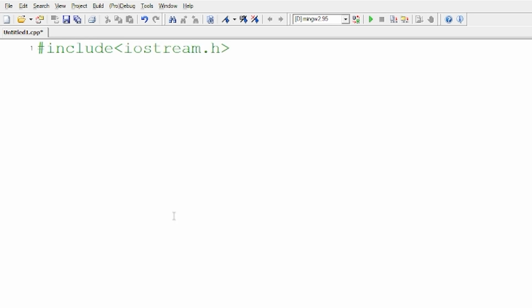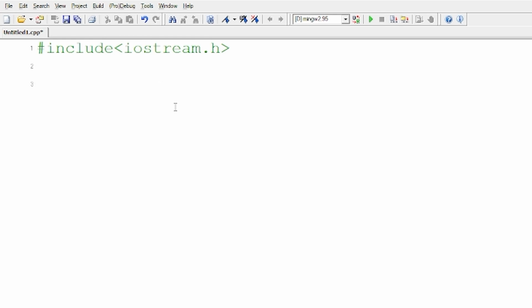iostream.h. Now, what this particular line means is that we don't say hashtag in C++. It is called a preprocessor directive. What does it mean? It means that we are including one library file into our program. The name of the library file is iostream, and iostream, if I have to write the full form of it, is input output stream. So generally, if any kind of input or output statement you're going to write in your program, we have to use this library file. Otherwise, it will not work. I will even show you that with an example.